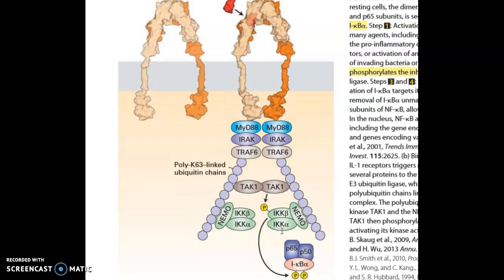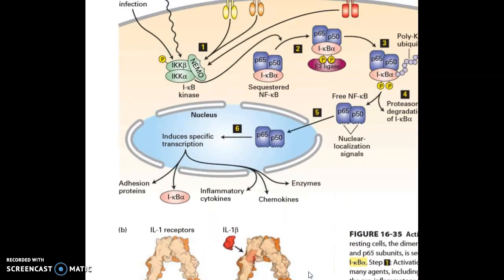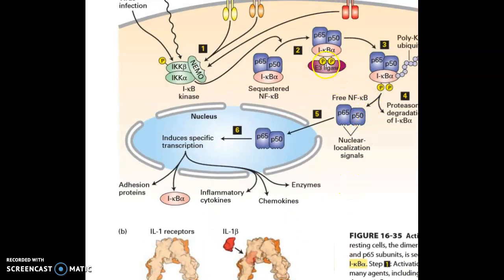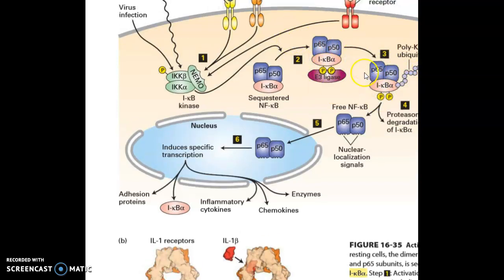And this can therefore come down and phosphorylate the inhibitor of the dimeric NF-kappa B transcription factors. So we have the phosphorylation being done by IKB kinase, following the phosphorylation of its beta subunit by TAC1. And this phosphorylation of the IKB alpha, which is the inhibitor, means that it can undergo polyubiquitin degradation. This happens at the proteasome, and then we have degradation, like I've just mentioned, of this inhibitor,